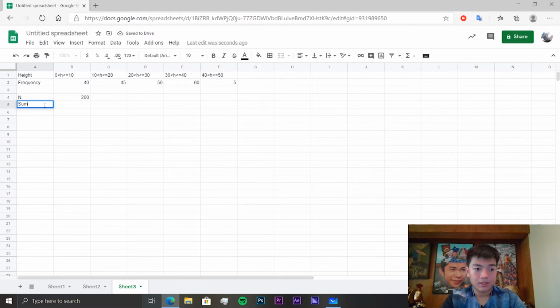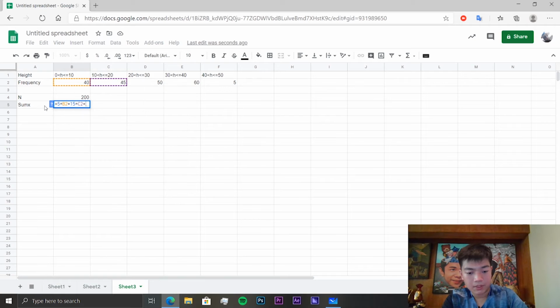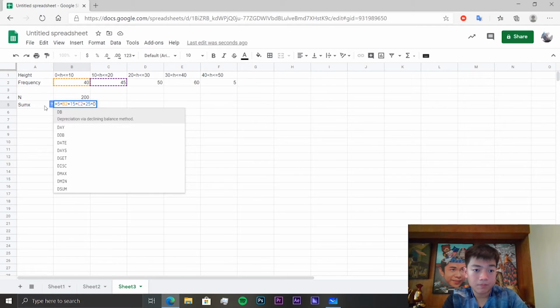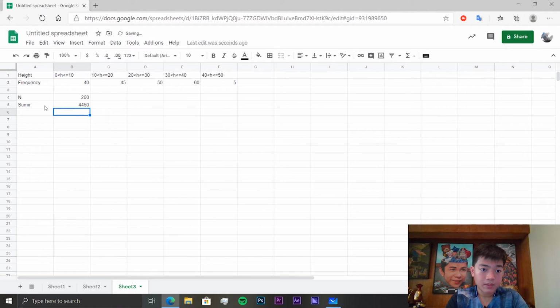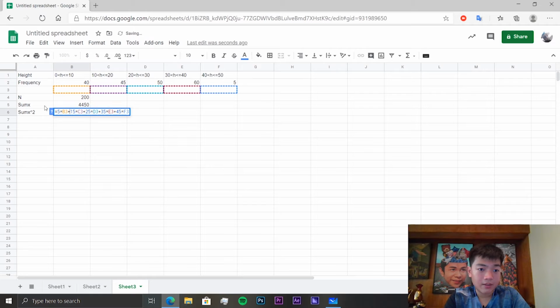The sum of terms is equal to 5 times B2 plus 15 times C2 plus 25 times D2 plus 35 times E2 plus 45 times F2. So the sum is 4,450, and the sum of x squared is equal to, if we copy this,